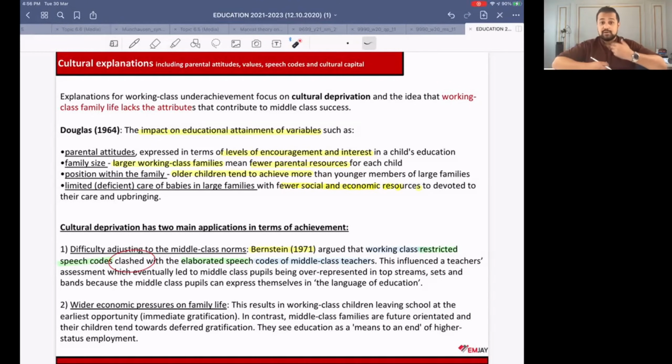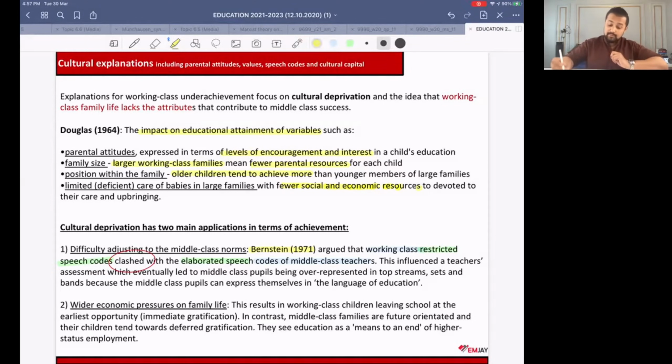Gratification is satisfaction, and immediate gratification is immediate satisfaction. Because, of course, at the age group you all belong to, if you start working, you probably wouldn't make much, and if you join work somewhere, there would hardly be any chances for progress. And because working class students usually have pressure from home to support in terms of finances, this can result in many of them having to quit education, right?